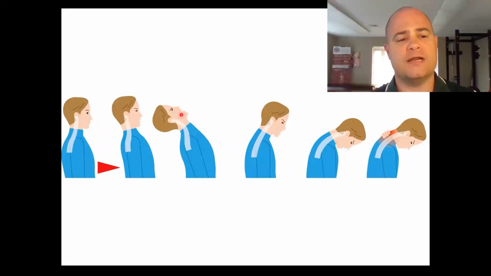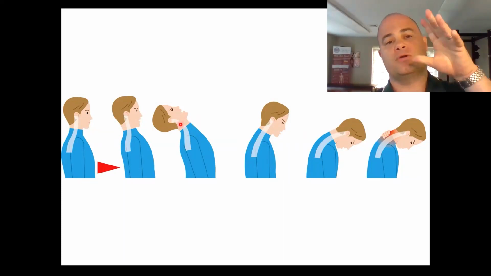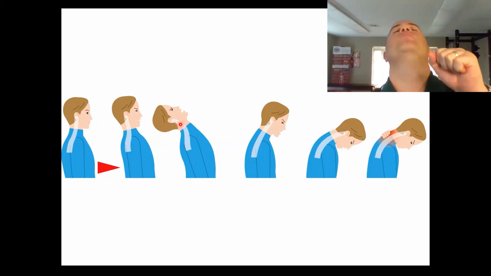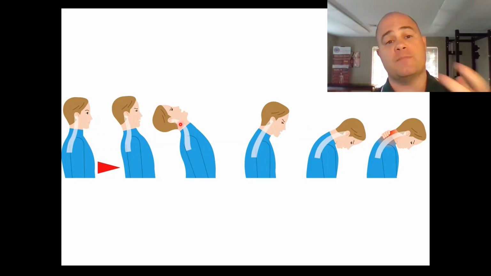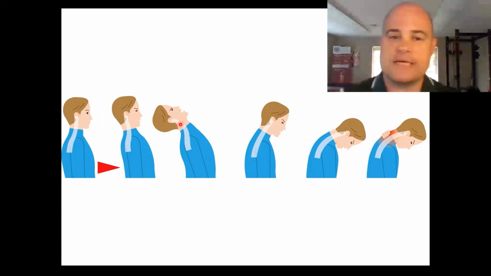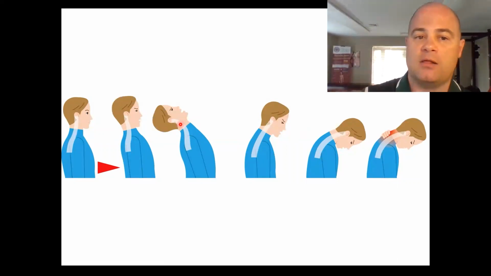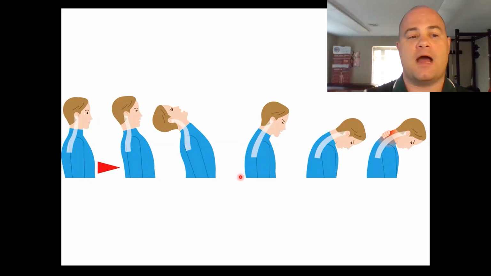Again, in this position, everything is being stretched out, and muscles will fire in order to try to stop you from extending all the way. That's where you can get muscular damage, but you can also get damage to ligaments in that hyperextension phase. Then when you move forward, it's the same kind of thing. This is going to strain muscles in the front, and the soft tissue and the vertebrae in the front.